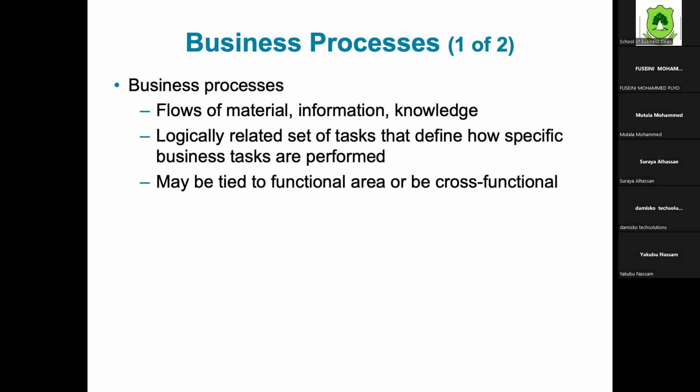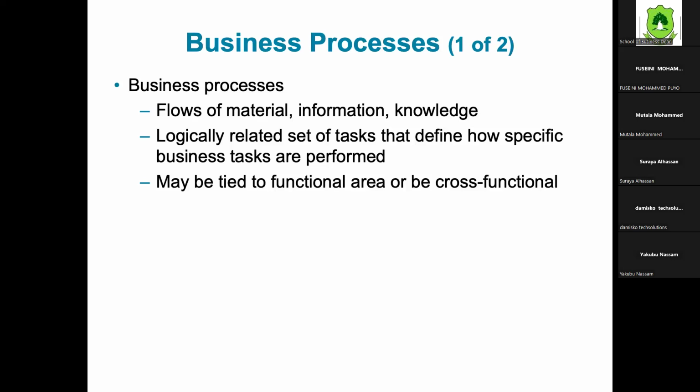So all the processes we are looking at, we can call the individual activities in the firm, are individual business processes. A business process will involve quite a number of things: the flow of materials, the flow of information, or the flow of knowledge. And we're saying that it should be tied to one particular functional area, or it may also be what? Cross-functional. So we can have a business process that is occurring only in the sales department. We can also have a business process occurring in the accounts department and the sales department. For instance, the sale of a mobile phone to somebody. It's a business process, right? But it happens in the sales department.